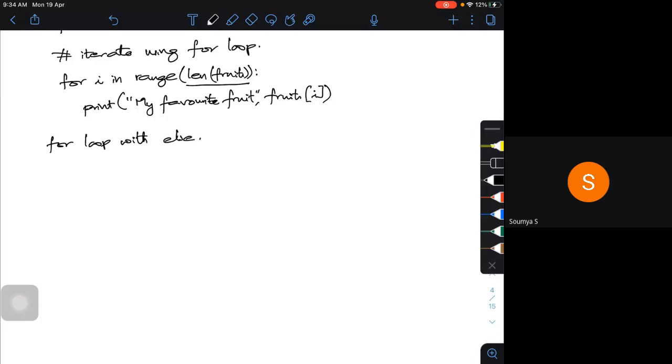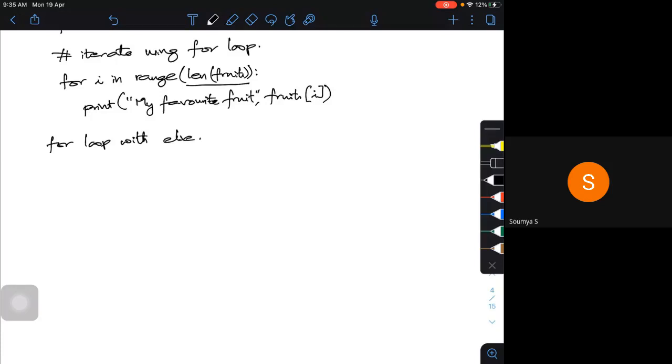What we are trying to do is divide it into different blocks to check the condition. The moment I say for, this is the condition, I will check the condition, and the else part will be executed if the loop exhausts.